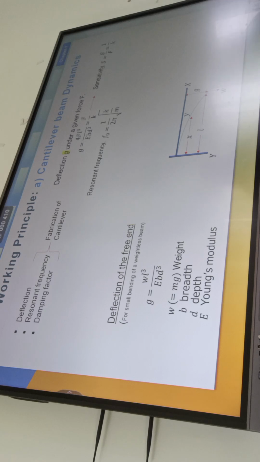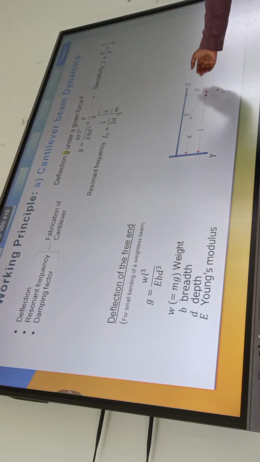The resonant frequency f0 is equal to 1 by 2 pi times the square root of the spring constant divided by the mass. And the deflection, as you can see, in a one-fixed-end cantilever, the deflection of the free end can be given as